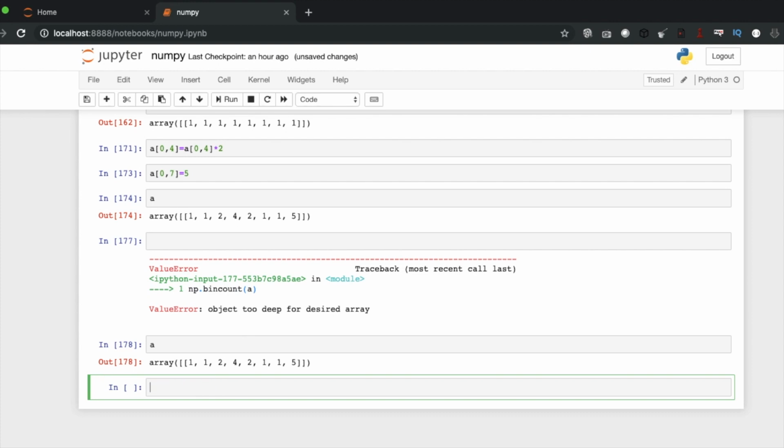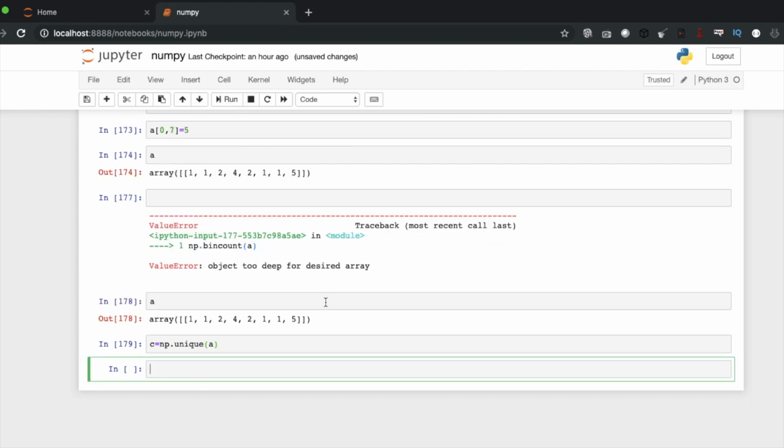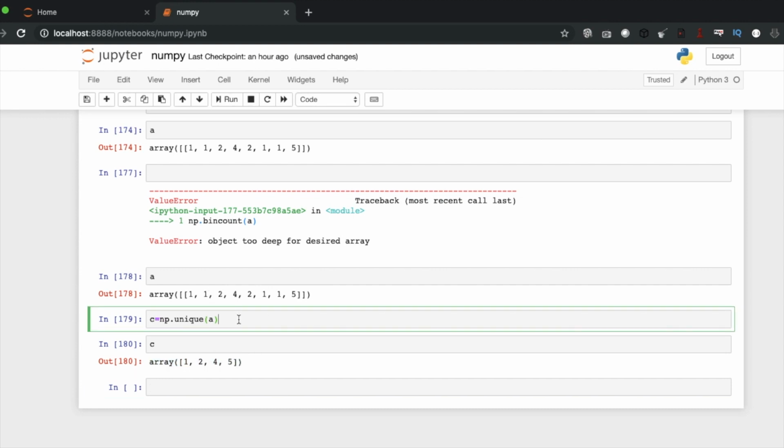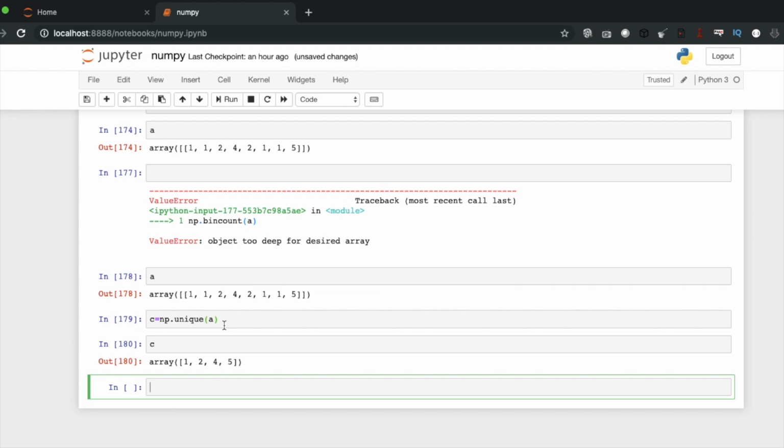Okay, first c and np dot unique a. If I print c, 1 2 4 5, so this is giving us the set.